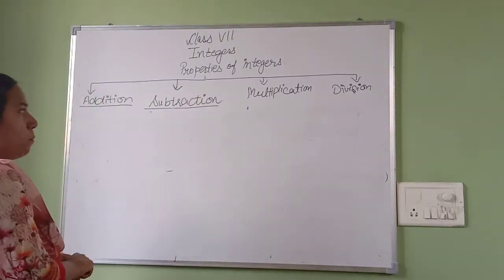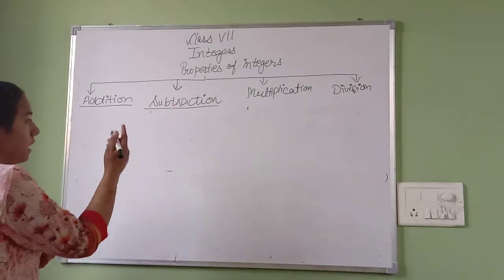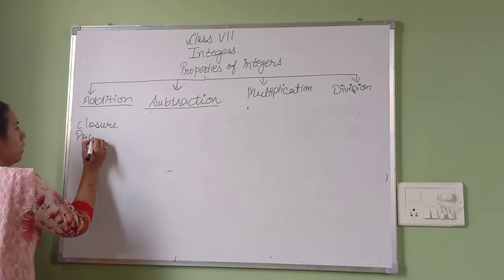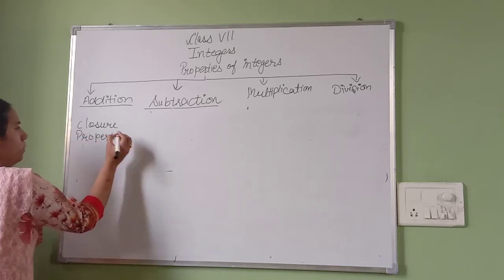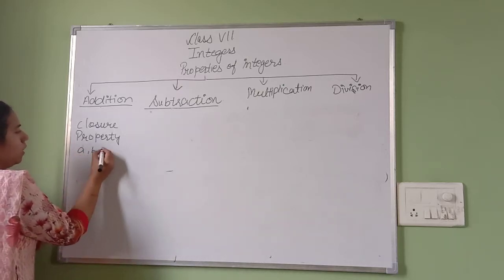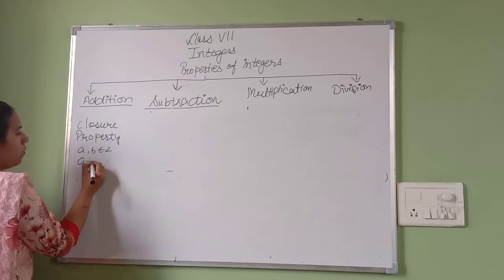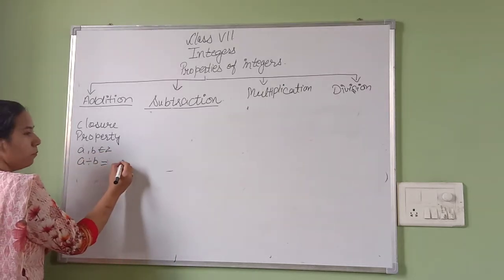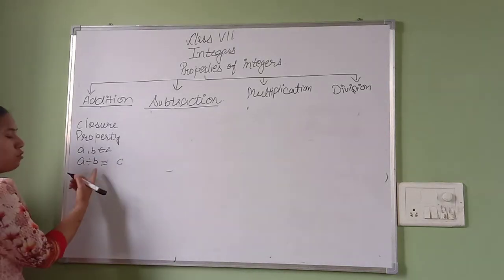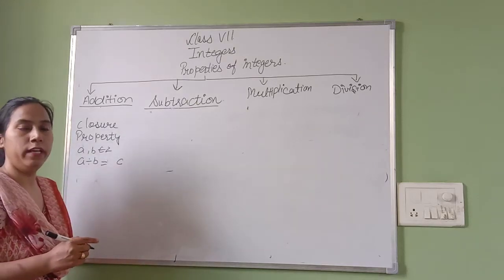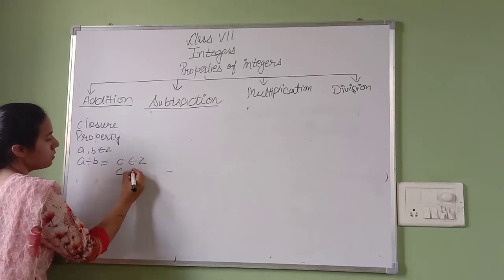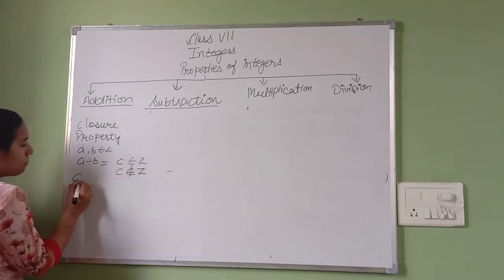Okay. Now the first property we have done in all these three aspects was the closure property. What is a closure property? If a and b are two integers, and when we are dividing those two integers, we will get something. It might be a fraction or might not be. In that case, you have to generalize whether this property is holding or not. With an example, I am explaining.